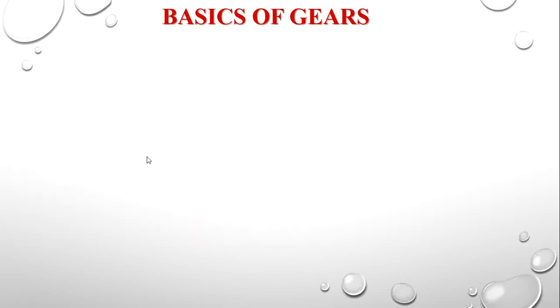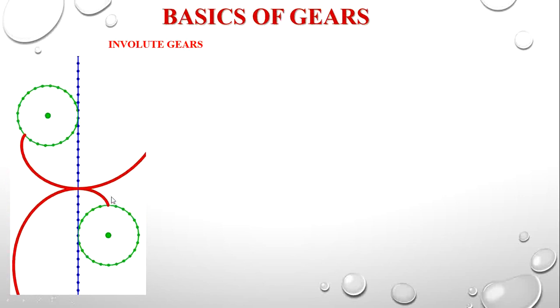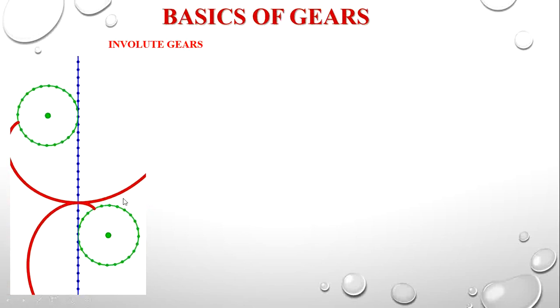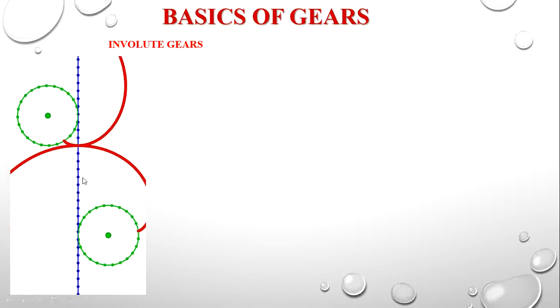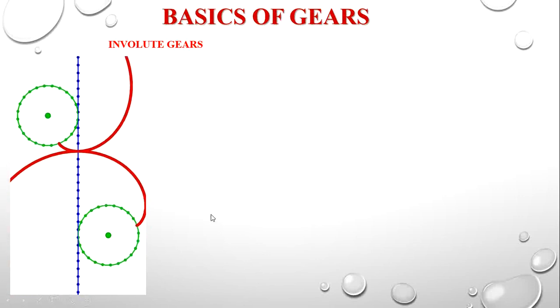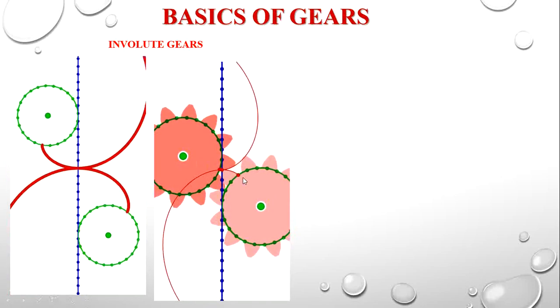Based on the law of gearing, we identify that only two curves can satisfy it: one is the involute curve, and the other is the cycloidal curve. Now we will see how involute gears and cycloid gears work. Imagine this is an involute. An involute is formed when we have a rope wrapped around a drum or circle, and if we start to unwind it, the path generated is called an involute. So we can imagine this is the involute. This is the animation for an involute gear, and this is the actual involute gear. We will be seeing that.